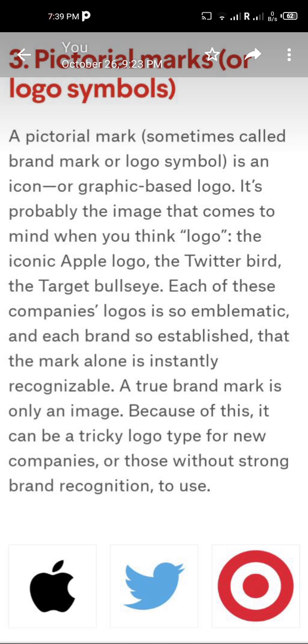Let's talk about pictorial marks. A pictorial mark, like we know, is just like a brand mark. It's a logo symbol that represents a brand. The difference between this type of logo, which is the third one, a pictorial mark, and the fourth type of logo, which is the abstract one, is that for pictorial marks, your logo must have a meaning that people know. What I mean by that is, for example,